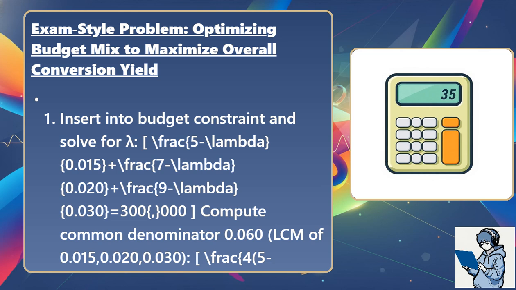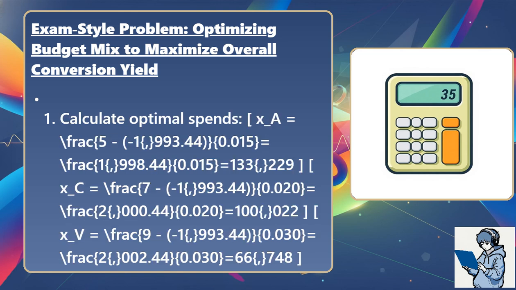Negative 9 lambda equals 17,941. Lambda equals negative 1,993.44. 6. Calculate optimal spends. Xa equals open fraction 5 minus open parenthesis negative 1,993.44 close parenthesis over 0.015 close fraction equals 1,998.44 divided by 0.015 equals